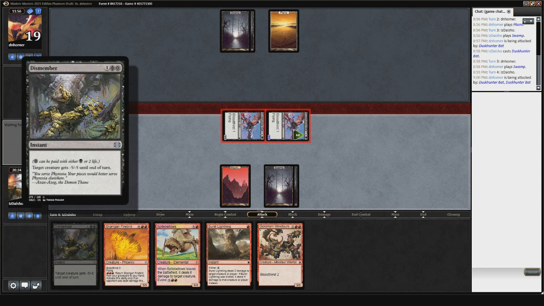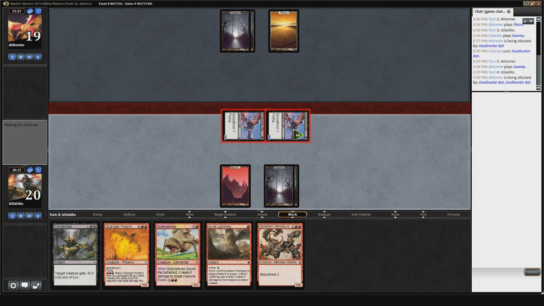Interestingly enough, Dismember is actually just a really good card in this matchup, or in my deck, because I actually have black mana to cast it with. This is really frustrating. If I'm not too lazy, I'll just edit out all the in between where my opponent is doing something. Never know what, but